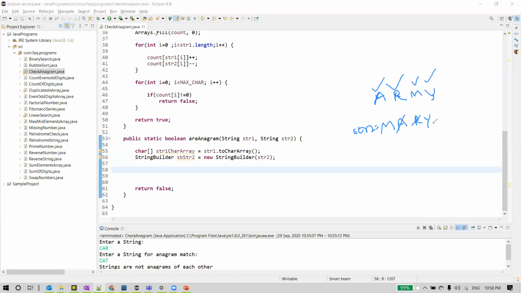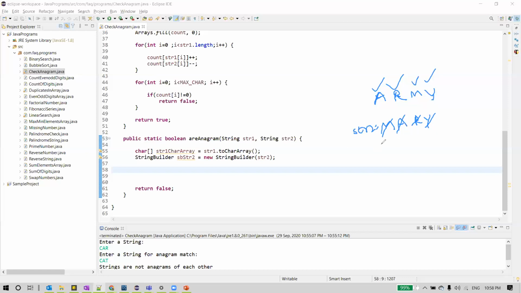If the index is not found, if it is returned as -1, meaning that character is not present in string2, then we'll directly return false, meaning the two strings are not anagrams. If it returns a value other than -1, then we'll delete that character from string2. Like this we'll go on till all the characters in the string are read.